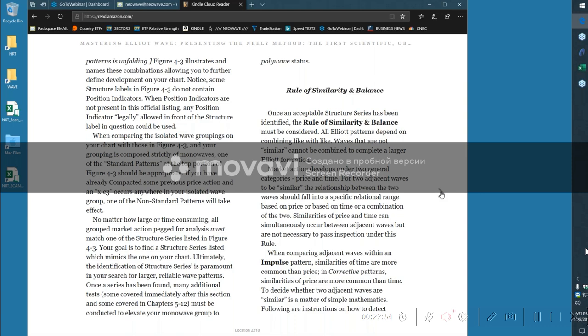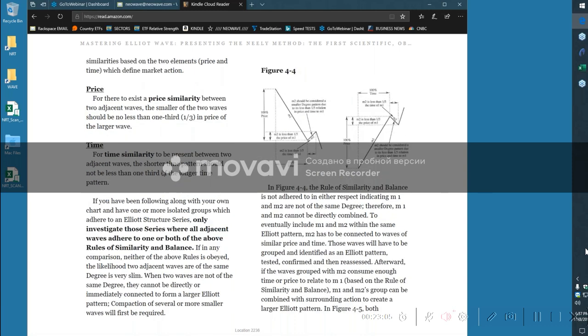So the minute you name anything a degree, you're saying this is what constitutes this typical price and time consumption of that particular degree. And you want to make sure that anything you're comparing it to is not going to be less than 1/3 of the price or the time of that particular move. So here in figure 4, we have a decline of, again, we could just pretend it's 10 days and $10. And then we have this tiny little bounce. It's less than 1/3 of the price, and it's less than 1/3 of the time. So that means that,